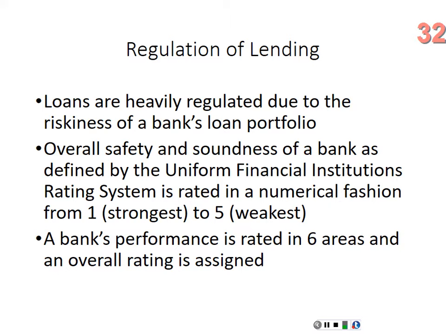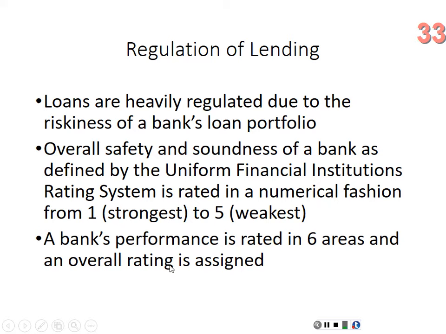A 2-rated bank, still a pretty good bank. A 3-rated bank, you kind of have some problems. 4, your doors are almost shut. 5, you're probably not going to get to that 5 rating. You're not going to make it there because they're going to close you down before you make it to a 5. Okay? And when they're rating this 1 to 5, which is called a composite rating,